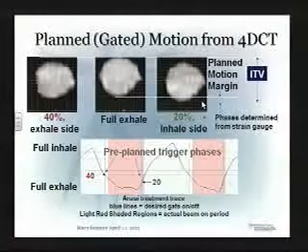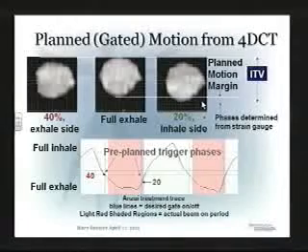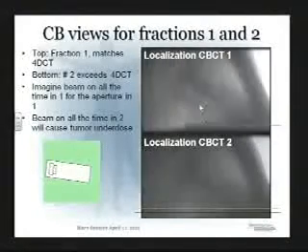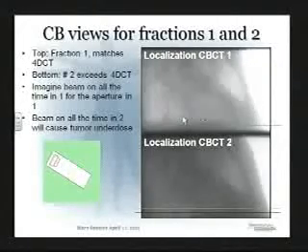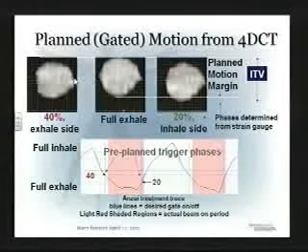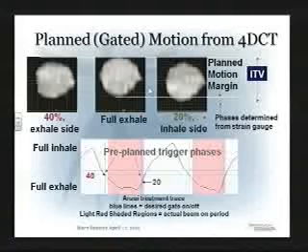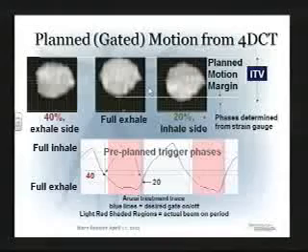So one of the problems you have is, even in the best-case scenario, you've trained the patient, you've gotten them to breathe. You know that when they come in different days, they may breathe a little bit deeper. They may be a little more out of breath, and so that breathing pattern isn't exactly the same. And so what you're really doing, I went through the last one kind of quickly, is you can get this information. If you think about the cone beam CT, you can take all of the information you got from all the different couch angles from the megavoltage cone beam and essentially make a real-time movie loop of the port films